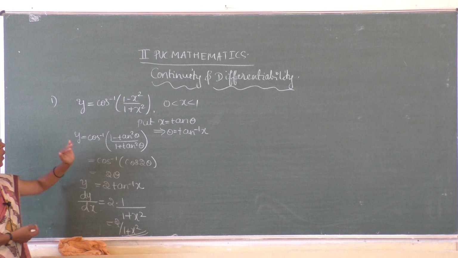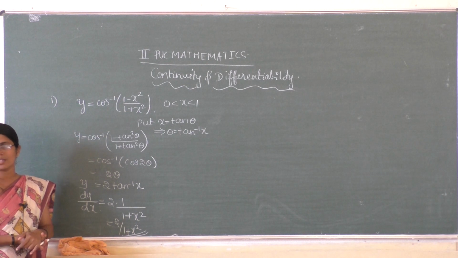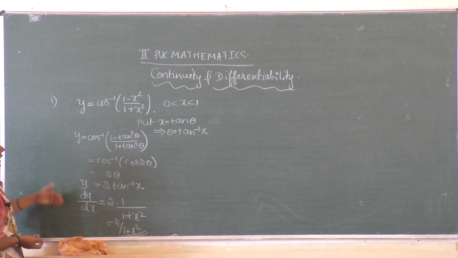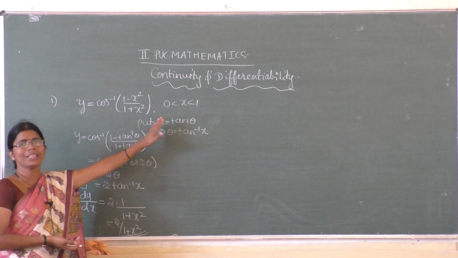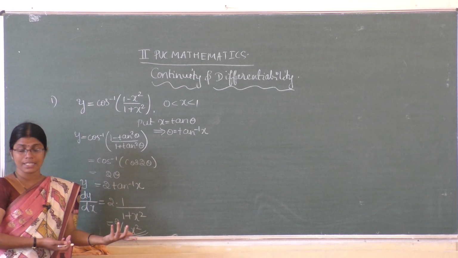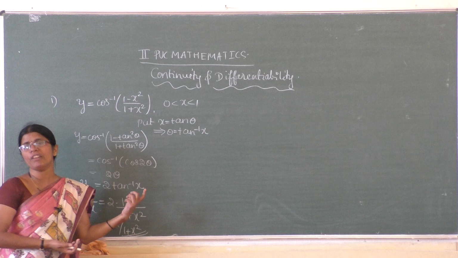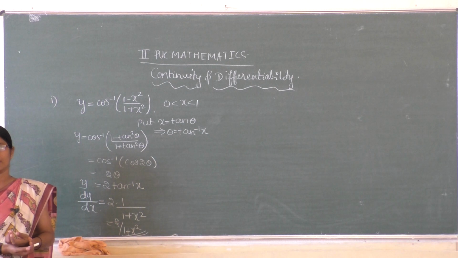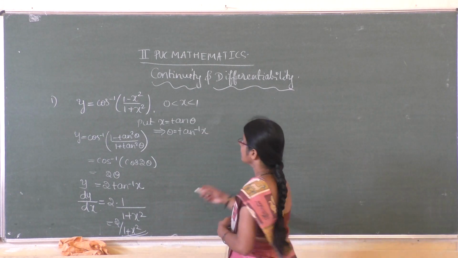But actually all these you applied in inverse trigonometric functions. Now we mechanically solve the problem, that means without considering the condition, assuming that it holds when we take the derivative. If it does not hold, then only you can say that this cannot be simplified, so the derivative does not exist. So next problem,